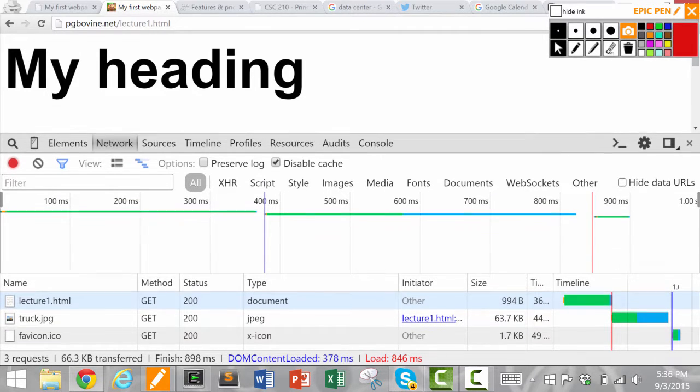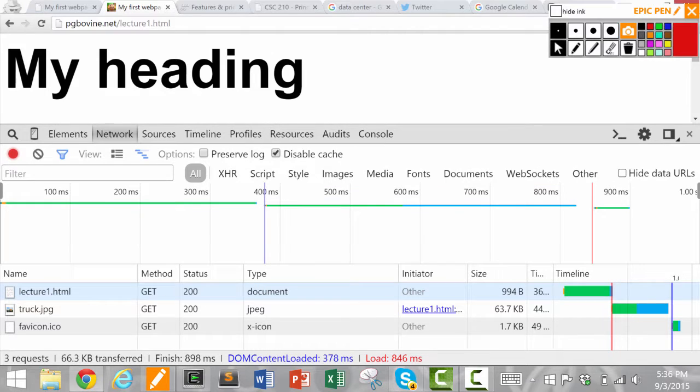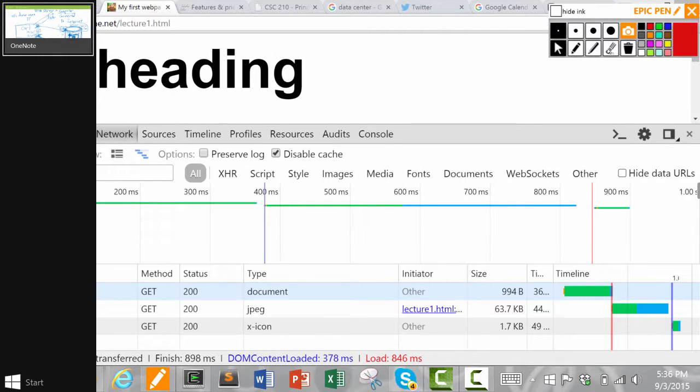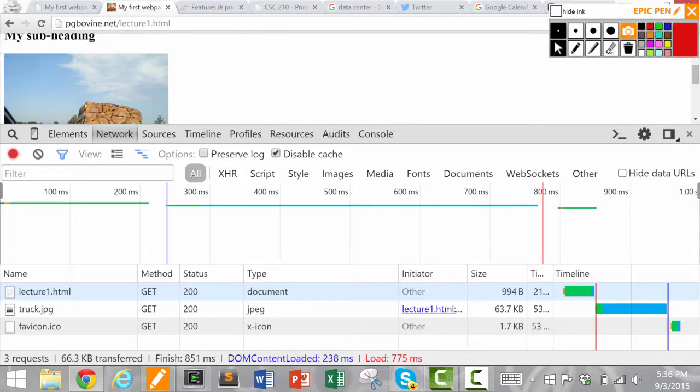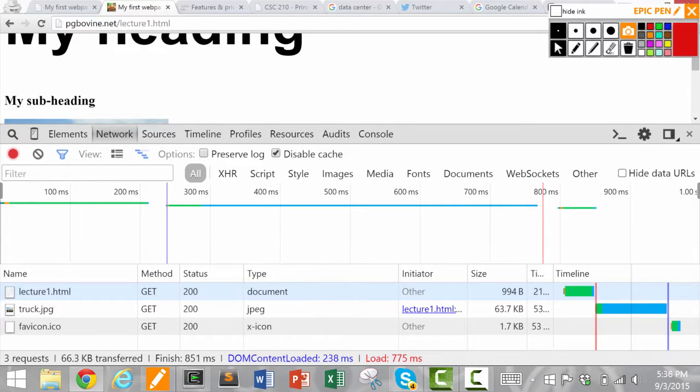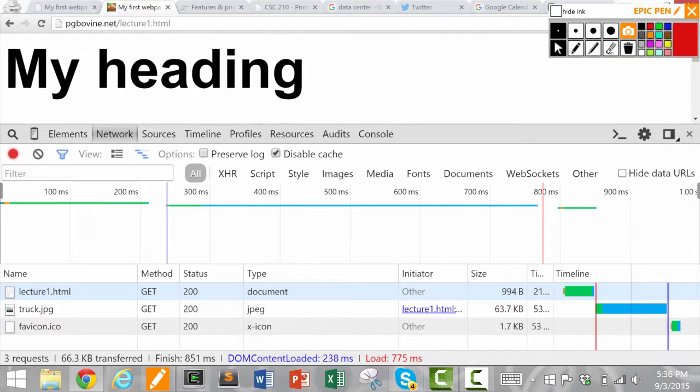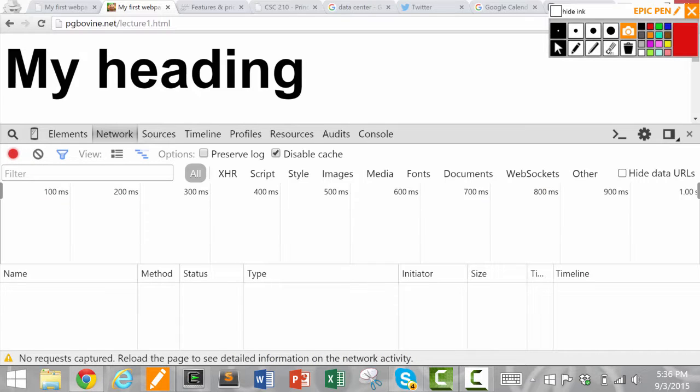Okay, so my screen isn't quite big enough to see everything, but the important thing here is that the web page is up on top here. You can't see much of the web page, but trust me, it's still there. I just want to make this screen on the bottom really big so you can all see it. When I reload the page, I'll clear this so you can see it's empty. The important thing is when I reload the page, something happens down here. So pay attention down here. When I reload,